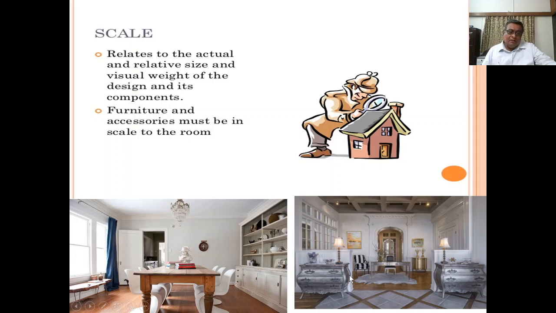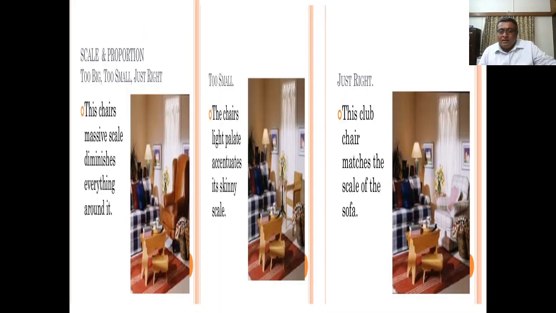Here also there are two table type structures. These windows are in proportion. Furniture is okay, the flooring is okay. So we can say the ceiling is also okay. So we can say the structure is in scale with respect to each other. Now here we can give an example of a sofa and a chair. Here in the first figure, these three figures, this sofa and this arrangement is there, but this chair is different in all these three figures.